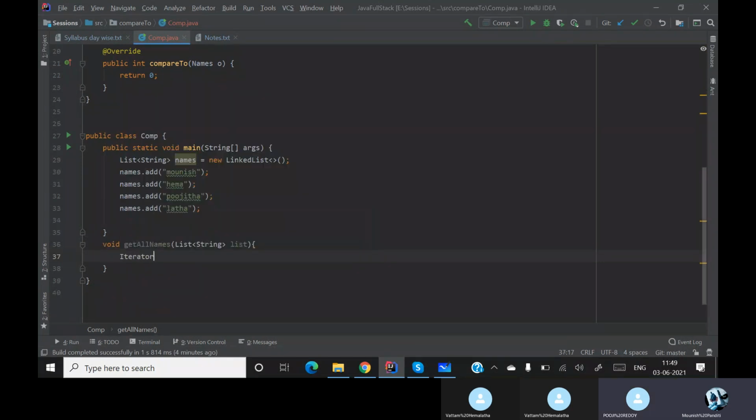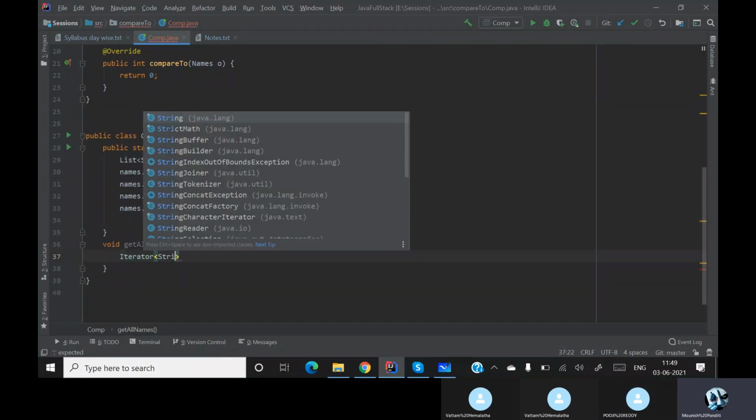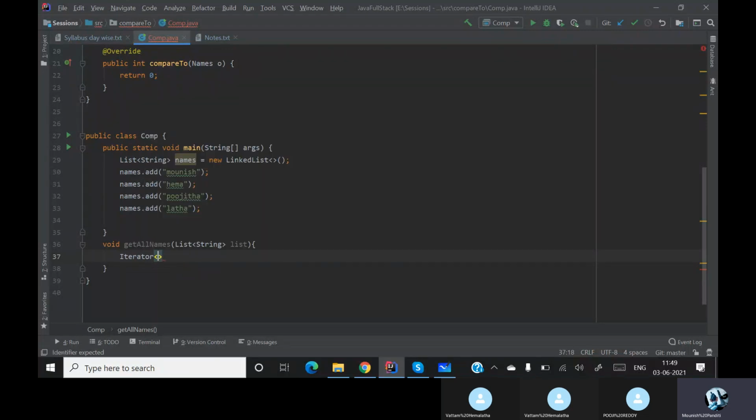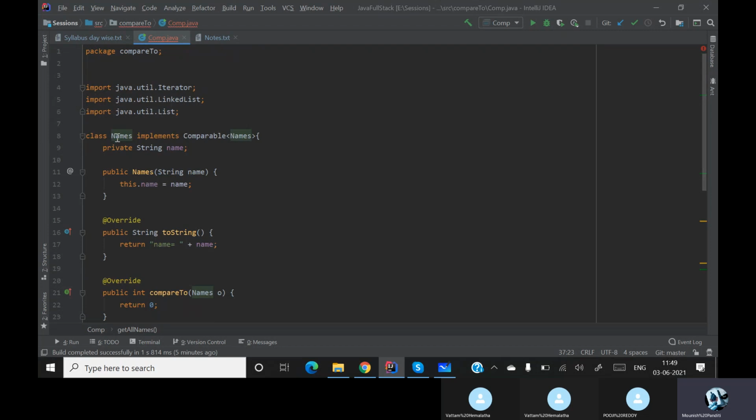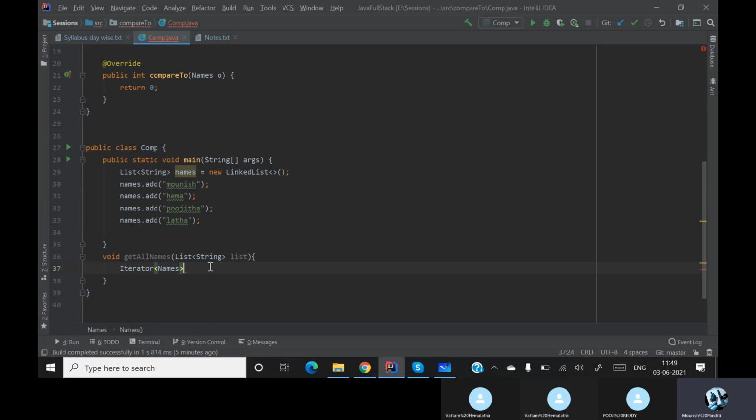Let's use an iterator. So iterator of type string. No, I want to iterate over names, the class. Whatever names I want over here, I want to iterate over my names from my class. Whatever I'm getting, I'm passing it over there, and let this be iterator, which is equal to list dot iterator.